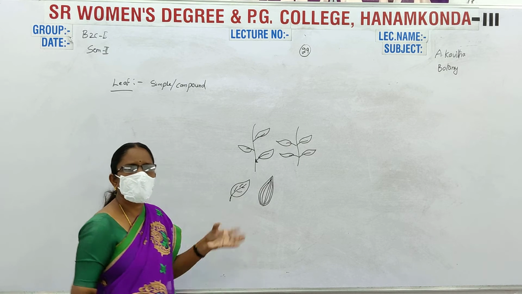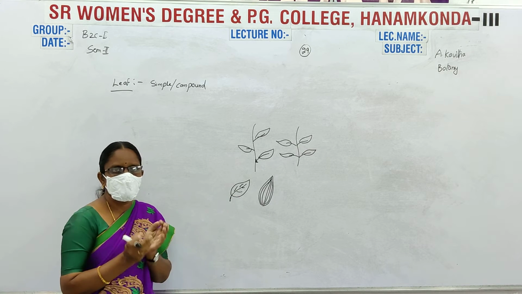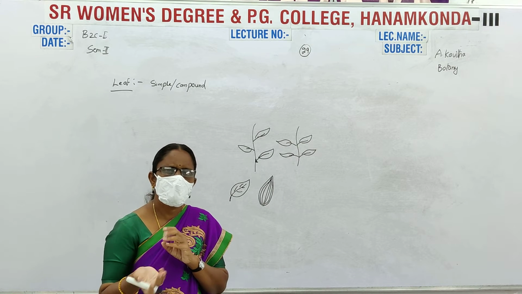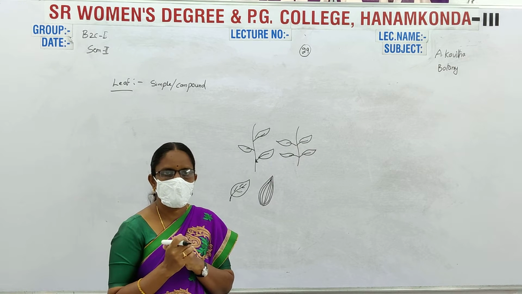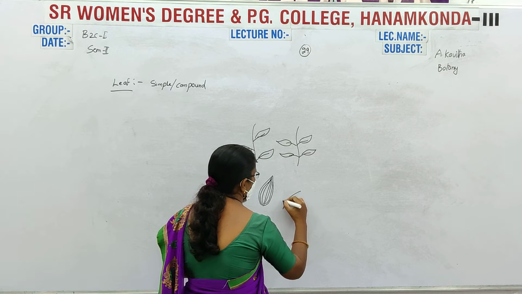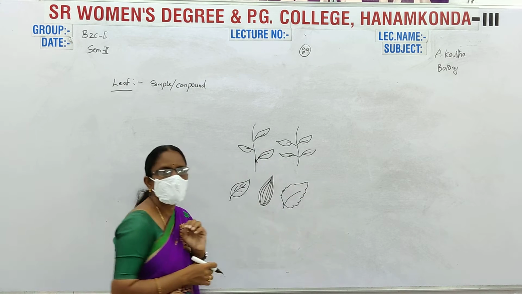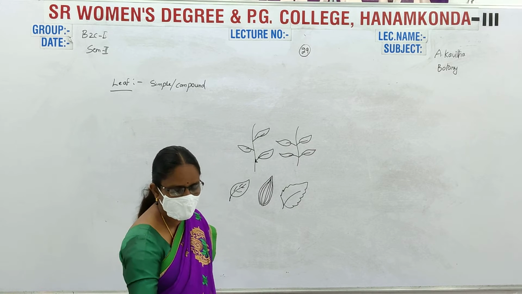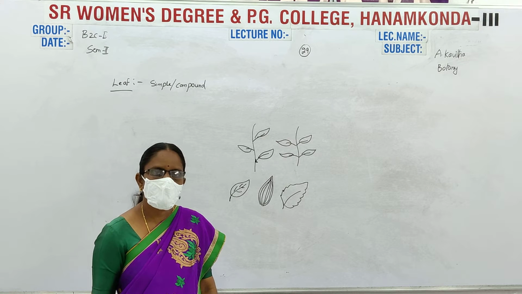And the shape of the lamina. For example, leaves may be oval, square, or heart shaped, with different types of shapes. You write the shape of the lamina and the margin of the lamina. The leaf margin, for example, this is a smooth margin. Sometimes the leaf margin is rough, with teeth-like structures. Different types of leaf margins are present. And the leaf apex: normal, acute, and different types.